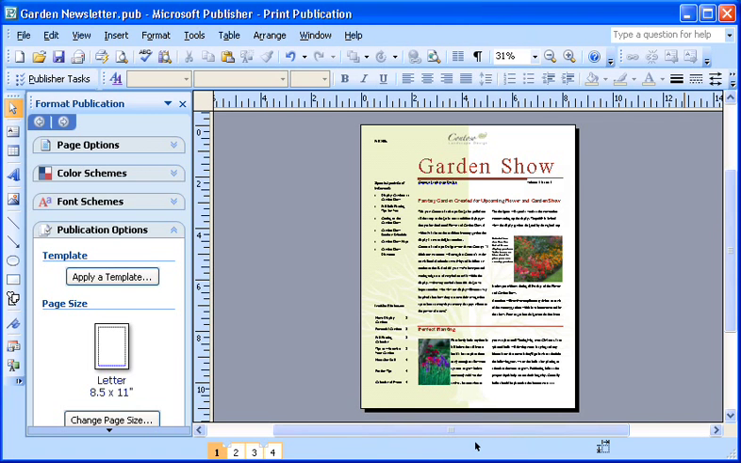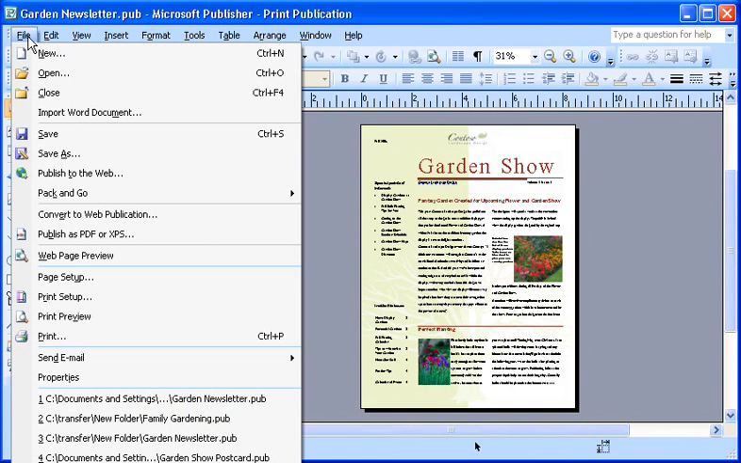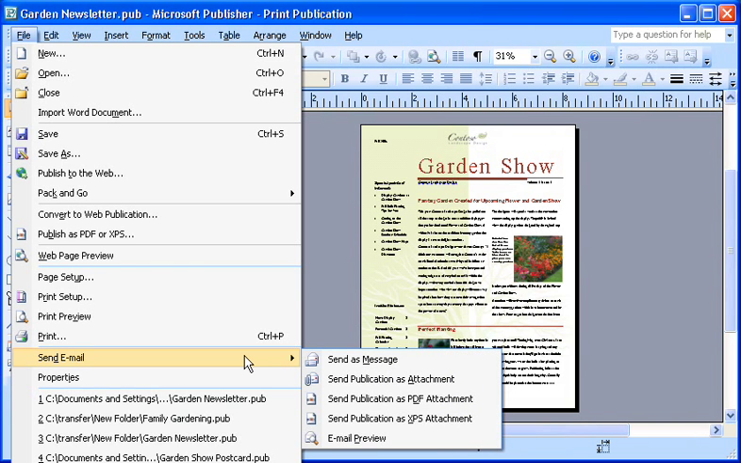If I'm using Outlook 2007 or Outlook Express 6.0 as my email program, I can send a publication in email a couple of ways. To send as an attachment, I start with my publication open in Publisher, and then I go to the File menu and point to Send Email. If the recipient has Publisher, I can send the original Publisher file by clicking Send Publication as Attachment. If the recipient doesn't have Publisher, I can send a PDF version of the publication by clicking Send Publication as